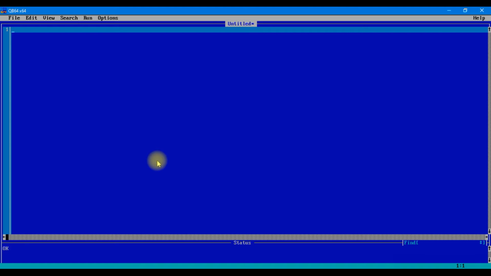Now there are so many screen modes, as you can see: screen 1, 2, 7, 8, 9, 10, 11, 12, 13, and there are many kinds of resolutions according to those screens. Now what are the number of colors supported by those screens? Screen 1 can support only 4 colors, screen 2 can support only 2 colors, and screen 13 can support 256 colors.